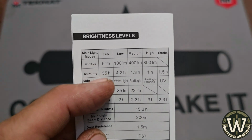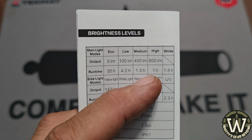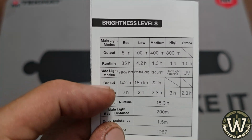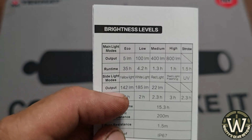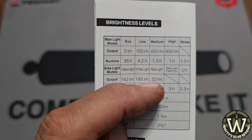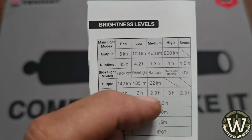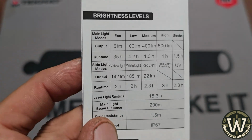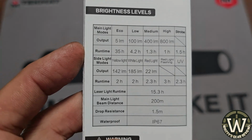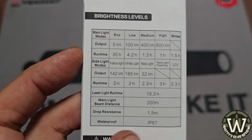Your runtime on 5 lumens is 35 hours, low 4.2, then 1.3, 1 hour on 800 lumens, 1.5 hours on strobe. Then you have your side modes, of course, which is your yellow light, 142 lumens, white light, 185, red light, 22 lumens, but man, it seems so much brighter than that. Then you've got your flashing red light and your UV light, and then your run times for that. Laser light run time, 15.3 hours. Main light beam distance, 200 meters. Drop resistant, we talked about that earlier, 1.5 meters, and